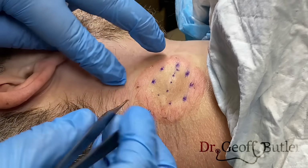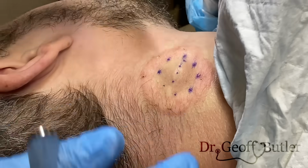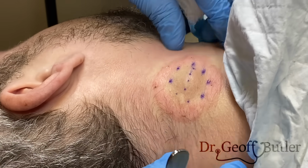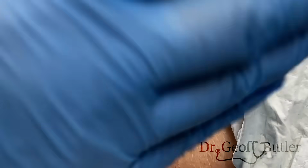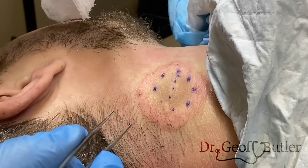So this patient's coming in for removal of a soft tissue lesion on the right side of his neck. This is consistent with, again, an epidermal cyst. The challenge is, whenever you're dealing in the neck, you can see how there's a lot of elasticity. That's what allows us to move our neck back and forth. That's hard to deal with when you're trying to excise a lesion because the skin's more elastic and it fights